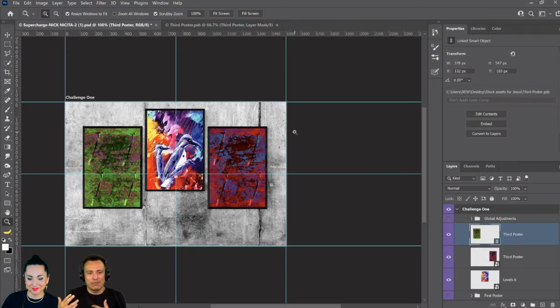I know it might sound a little confusing, but it's basically like video. If you're a video editor, when you open up a Premiere file, you're referencing files. You're not really embedding files into your Premiere file. So it's the same idea. You're referencing external files to display on your working document. So I hope that makes sense.